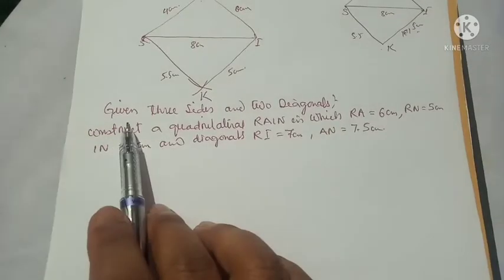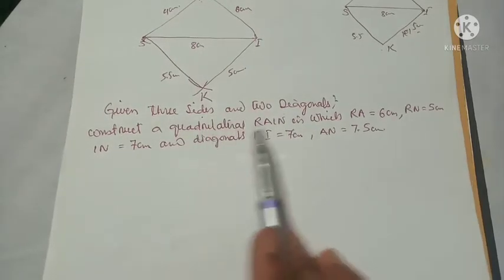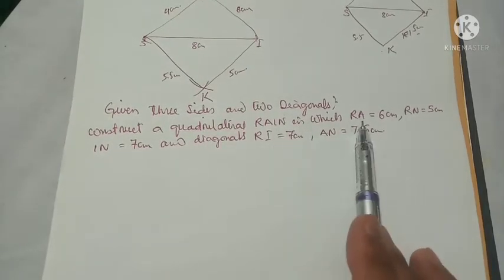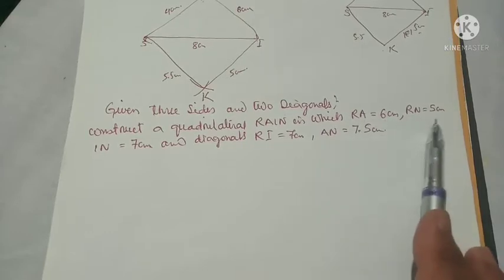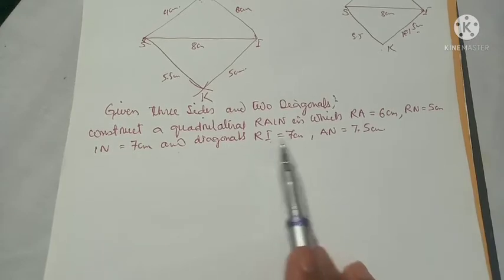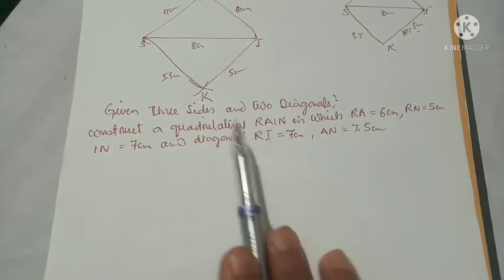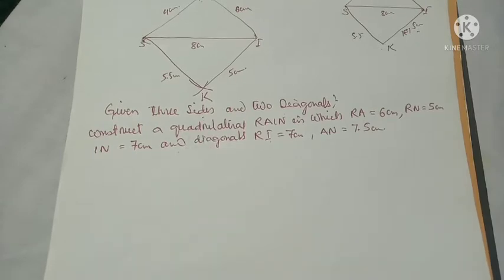Here is the second point, given 3 sides and 2 diagonals. Construct a quadrilateral RAIN in which RA is 6 centimeter, RN is 5 centimeter, IN is 7 centimeter, and diagonal RI is 7 centimeter, AN is 7.5 centimeter. Here one side is missing, but we will conclude the one side. Okay,